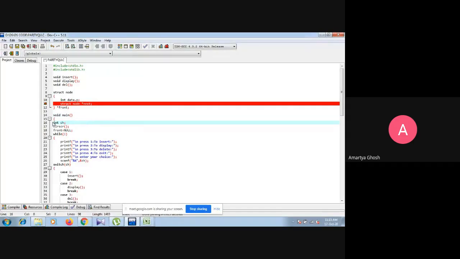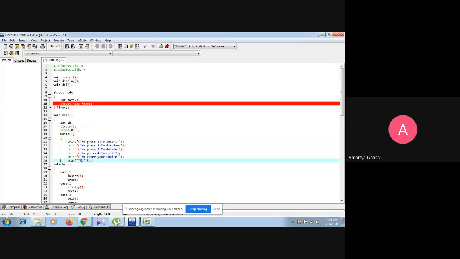Now in void main, initially we assign the null value to front, that indicates the list is empty.